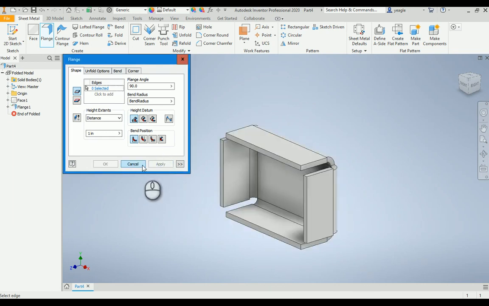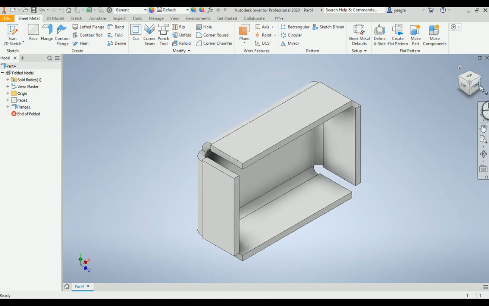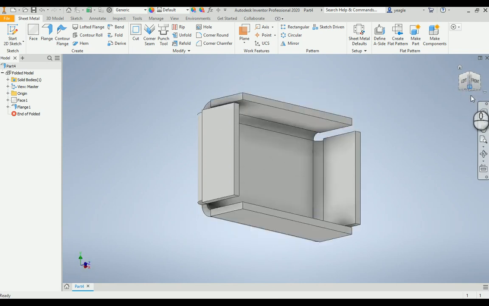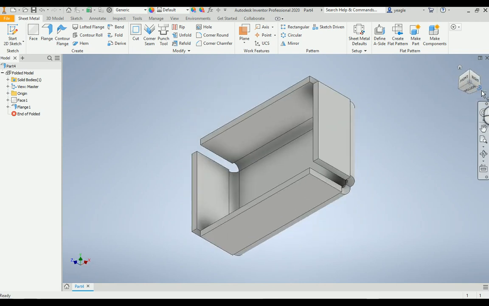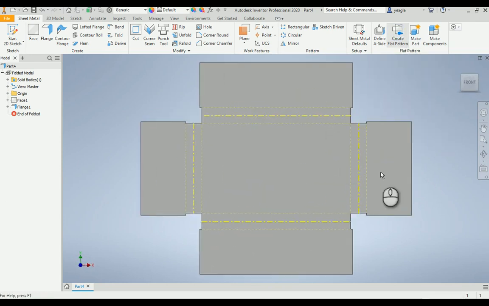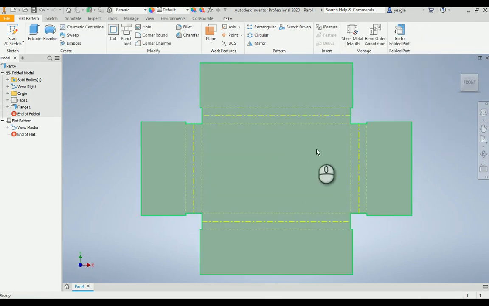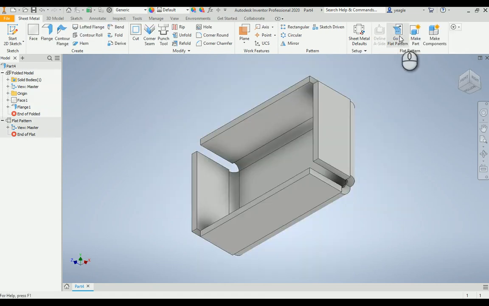Now, what you'll notice is if I use my view cube, I can rotate around and see it. I can create what's called a flat pattern of that. And this is the stretch out. This is what I'd have to cut out of a piece of sheet metal to fold up that object. Okay. So I'm going to fold the part back up, and I'm going to make one little adjustment, and that's